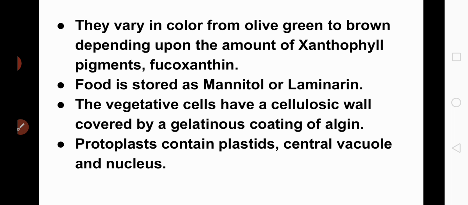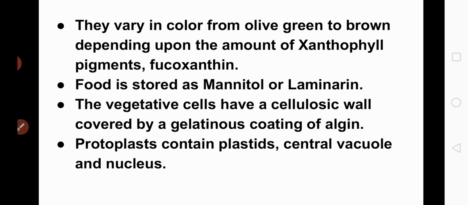It's a simple carbohydrate. Whereas in Phaeophyceae, the food is stored in the form of mannitol or laminarin. It is a complex carbohydrate. And just like in Chlorophyceae, here also the Phaeophycean algal members possess an external covering layer which is called the cell wall, and this cell wall is made up